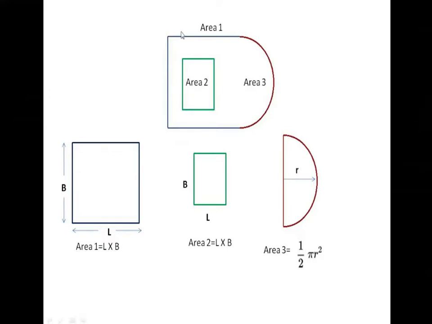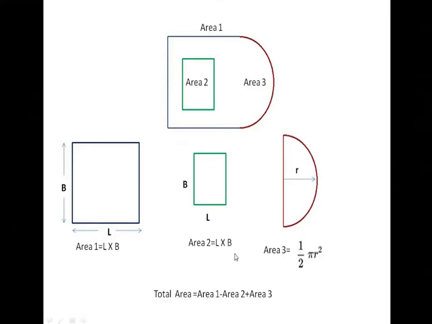So in order to calculate now the total area of the geometry, we need to do the addition and subtraction. That is the analysis of the complete geometry. In order to calculate the total area, we have to do the addition and subtraction of the three sub-geometries, area 1, area 2 and area 3. So area 1 minus area 2 plus area 3 will give the total area of this complete geometry.